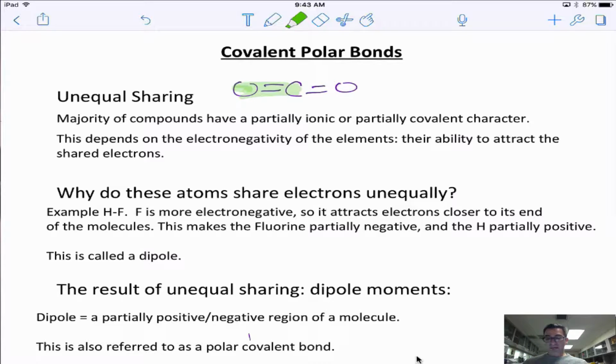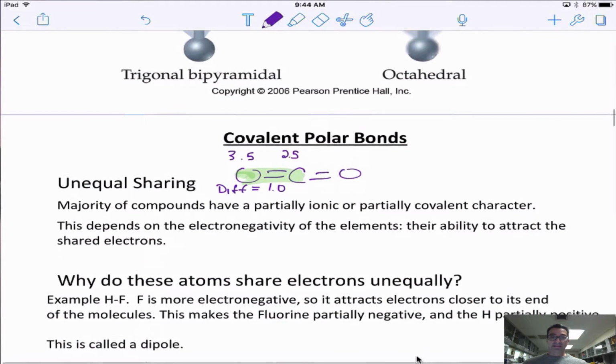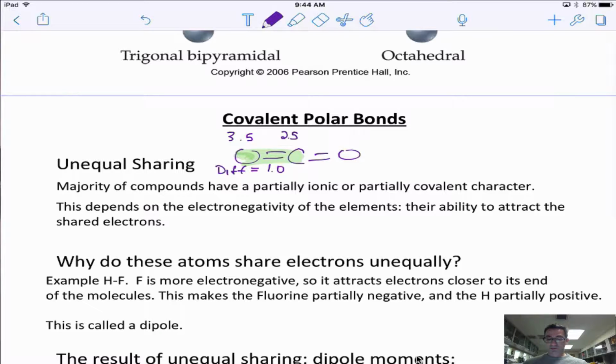So when I look at these two atoms here, oxygen has an electronegativity of 3.5, and carbon has 2.5. And so the difference between them in electronegativity is equal to 1.0. And so that means that we have this situation where the electrons are not being shared evenly. And in this case, the O is pulling on the electrons more than the carbon. It has a higher nuclear charge, the same amount of shielding in this case,